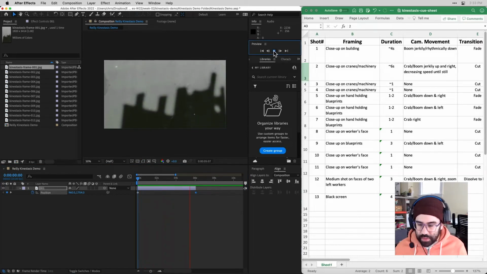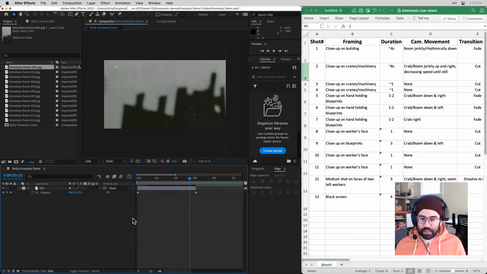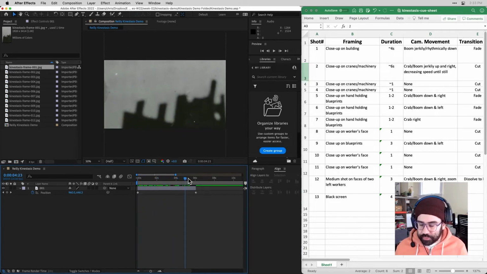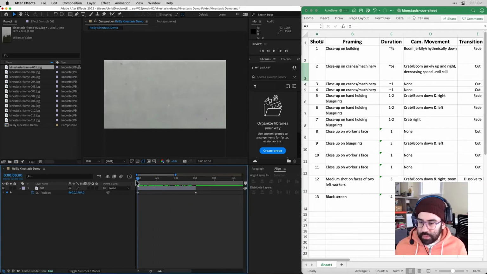And I think that's a pretty good start. What I am envisioning, though, for this is a motion that's a little bit jerky. So right now this is very smooth. I want it to be more like something like this, where there's a little bit of a pause in between each motion. So one way that I can start to execute that is,